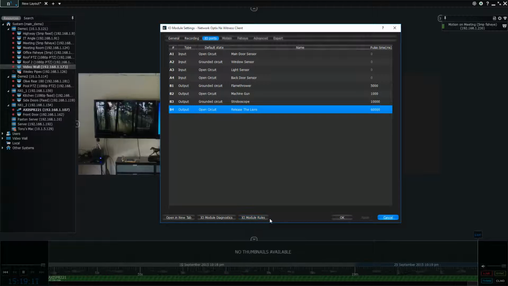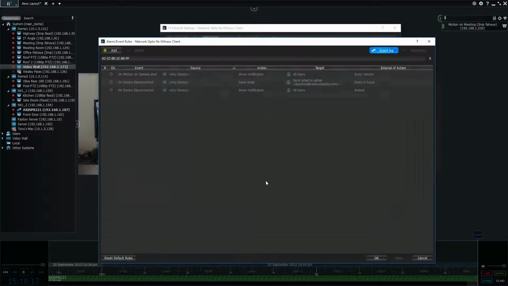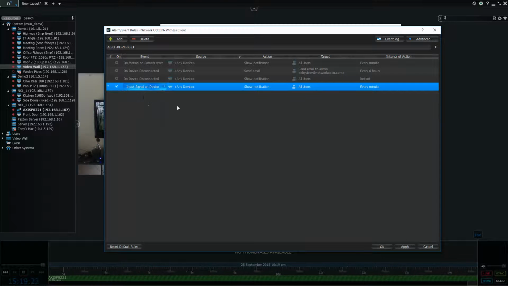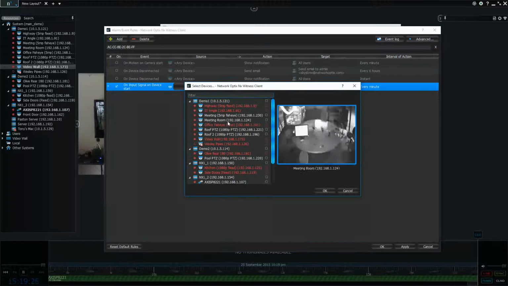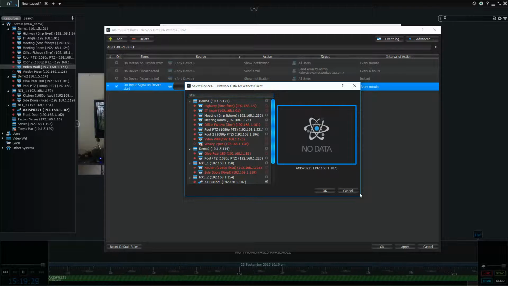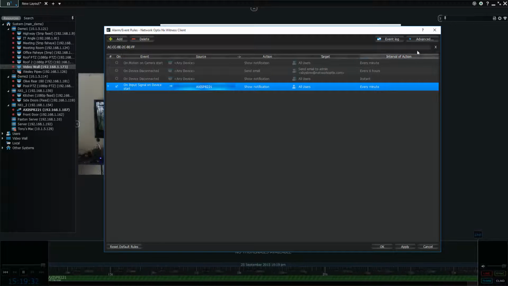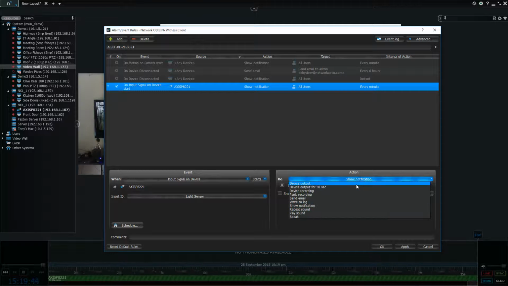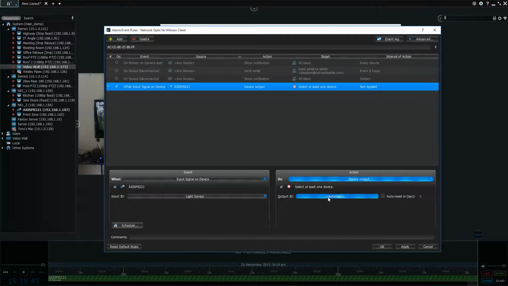I can also use the IO module to create events and notifications. So if I go to IO module rules, you can see that if I want to add a rule here, I say input signal on device, choose the device is the Axis 8221, OK. If I go to advanced, I can see specific inputs. So if I want, on the light sensor, I would like to trigger an output. So if the light notices somebody moving outside, then I would like to